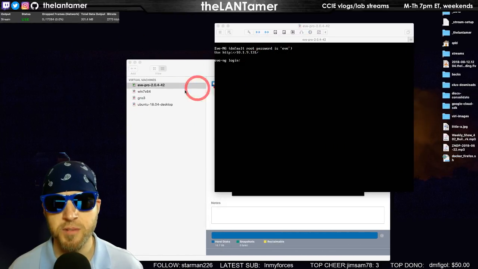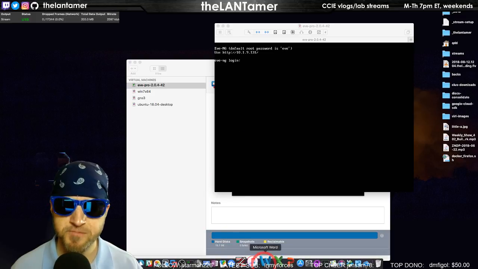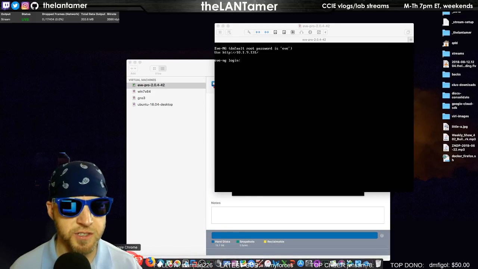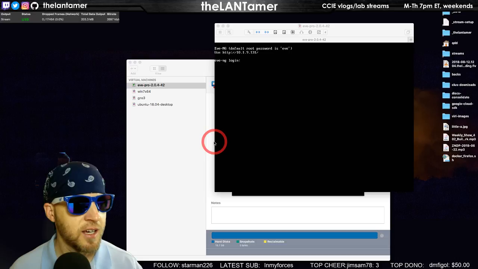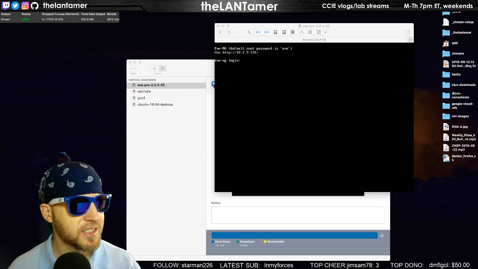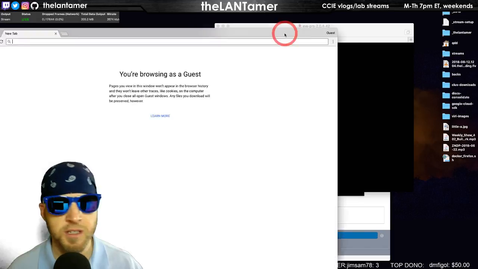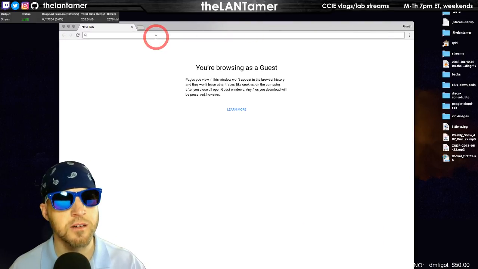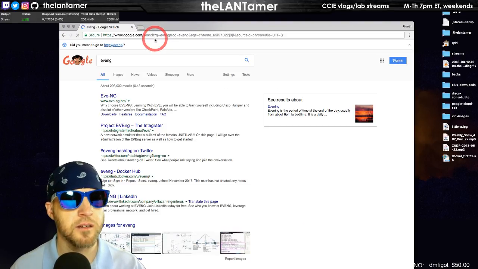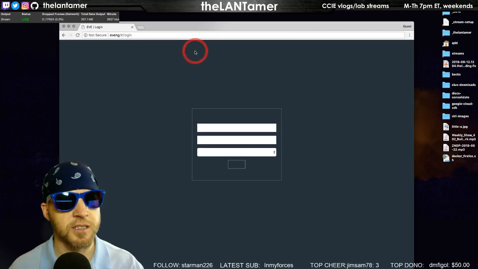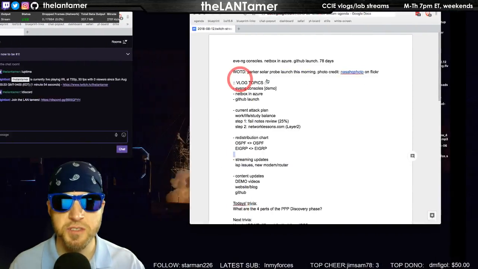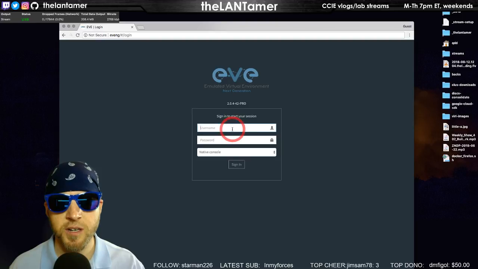So here it comes up, we have the virtual machine. And I'm going to use Chrome because there are some Chrome extensions that support copy-paste. I can't really say I have those working yet to show them to you. But yes, I meant EVE-NG. Okay, it's already come up, as you can see, folks.